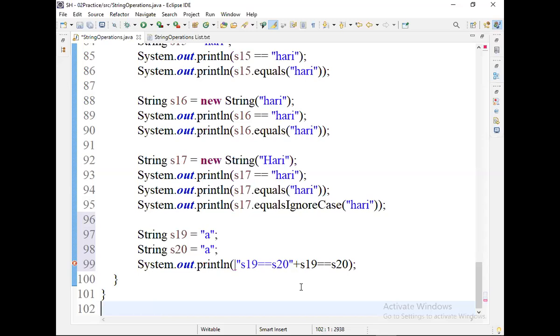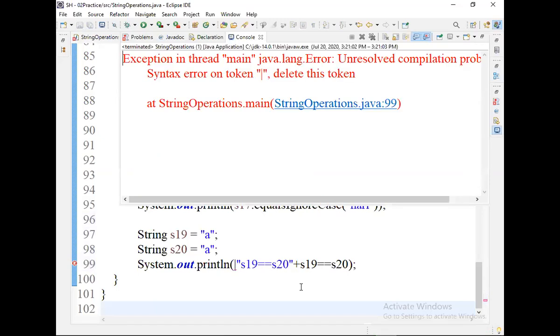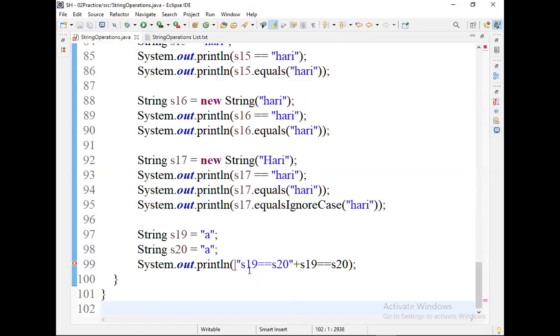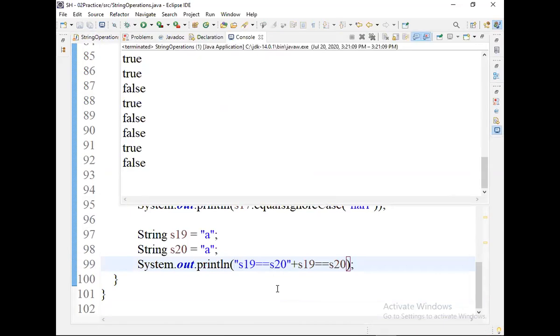What output will you get? True or false? You will get false.